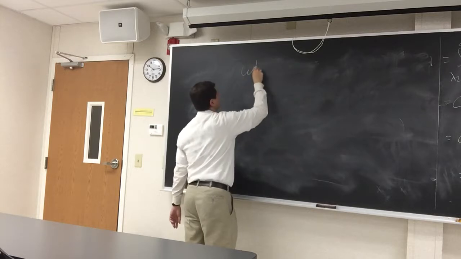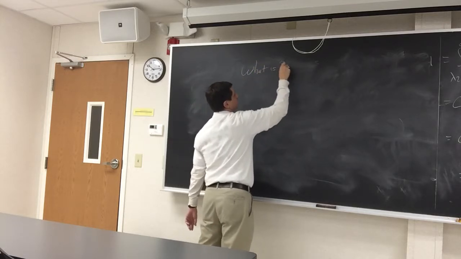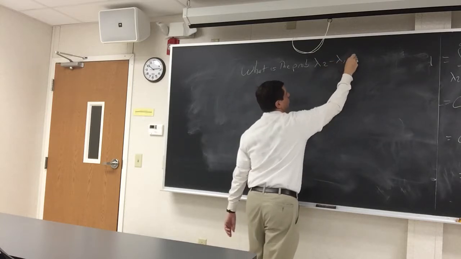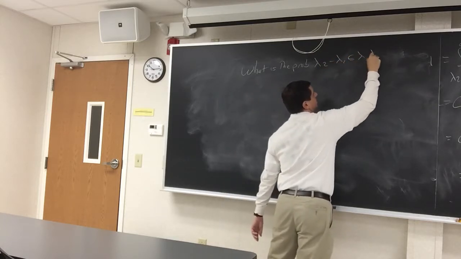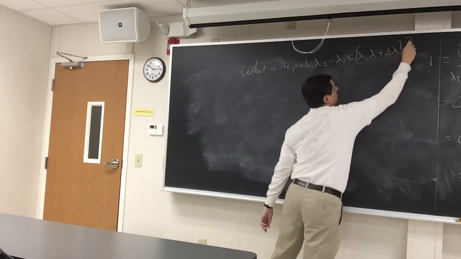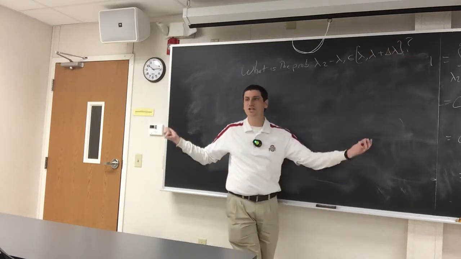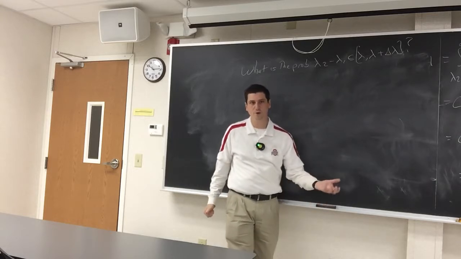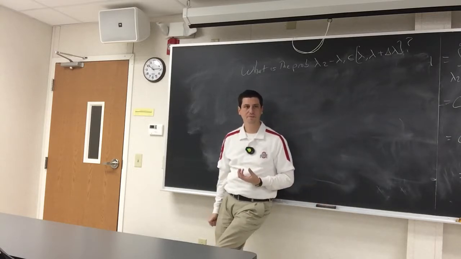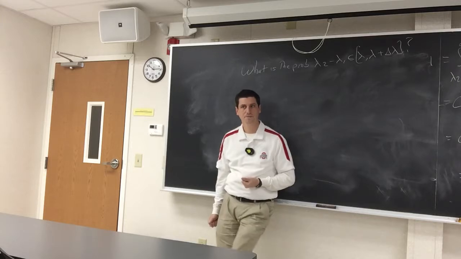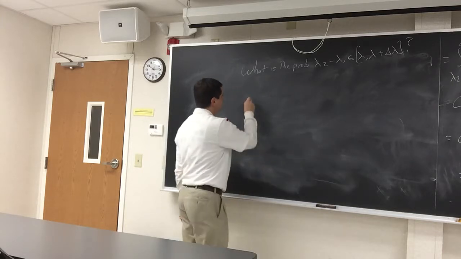So what is the probability that lambda 2 minus lambda 1 is in, say, lambda to lambda plus delta lambda? So if we can calculate this, we then just take the limit as delta lambda goes to 0, and that will give us the probability density for the spacings between eigenvalues. And that's what we really care about. How long do you have to wait for the next energy level? How long do you have to wait for the next hit? And so we would just want to integrate